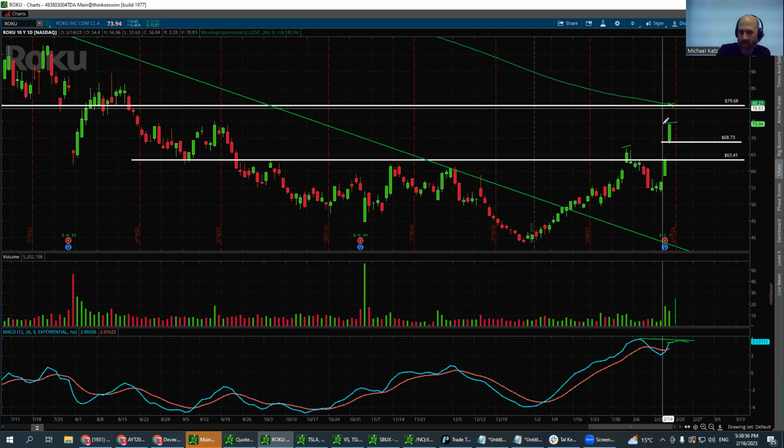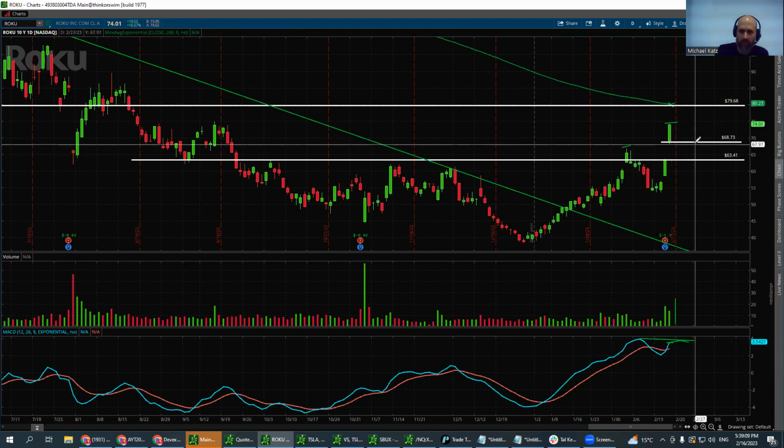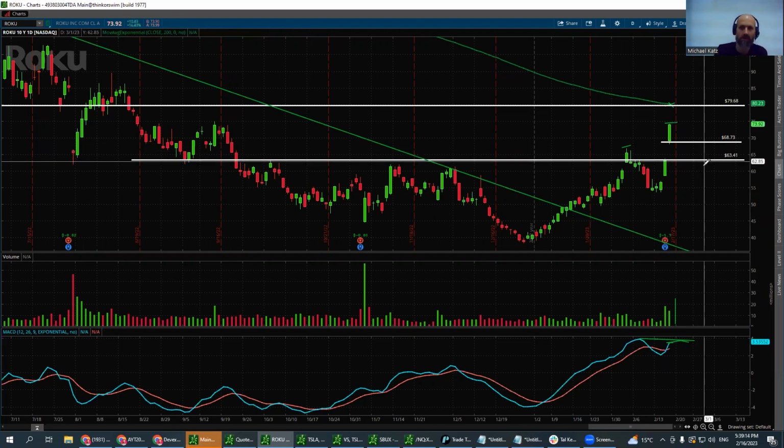But in these cases, like what I do in day trading, I just look to trade the next level. So if I'm taking that short on Roku, that could be a great move to the downside all the way to the 68, or maybe even closing the gap at around 63. And that's it. That's fine. That's the short trade. And now I can wait or just close that trade, get to the point when I have enough confirmation for the long trade.